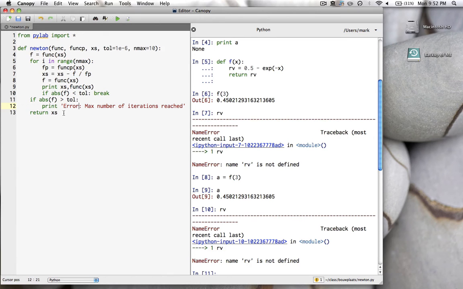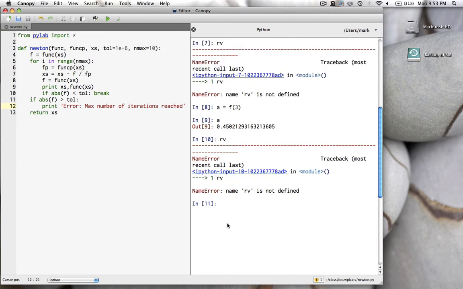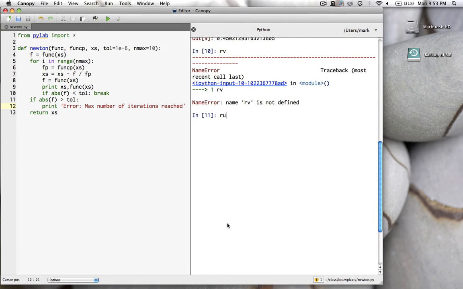All right, so we'll save this file. I go to my Python prompt. I type run Newton. And I cannot find it. Why can I not find it? Because I'm not in the right